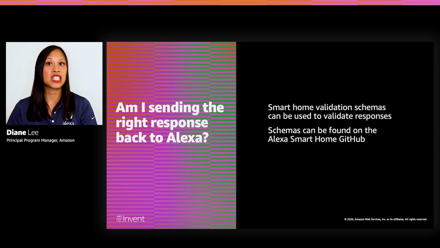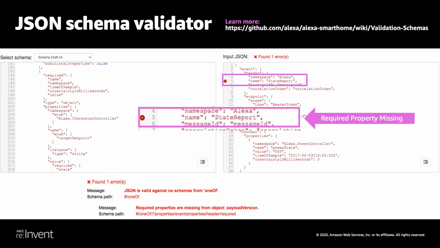Lighthouse Inc. can use the smart home validation schemas to validate the responses, and these schemas can be found on the Alexa Smart Home GitHub. These JSON schemas are language agnostic and can be used with any JSON validator. In the Alexa GitHub, we provide a link to free online JSON validators that Lighthouse Inc. can use. And in this example on the screen, Lighthouse Inc. can use this JSON validator to copy the schema file that they found on the Alexa GitHub on the left-hand